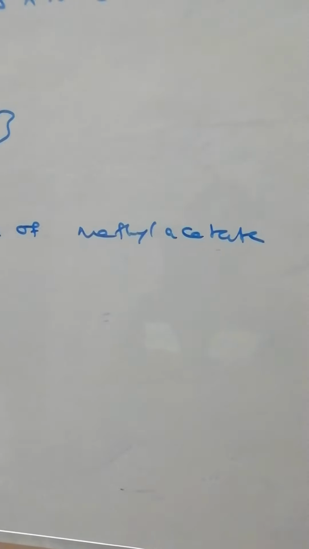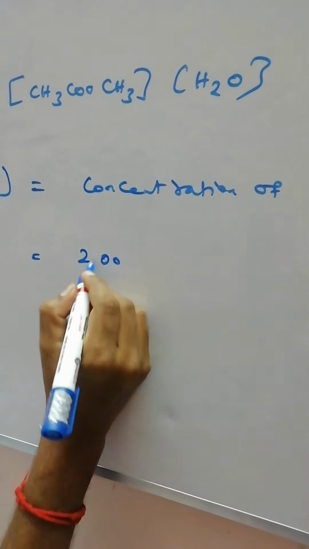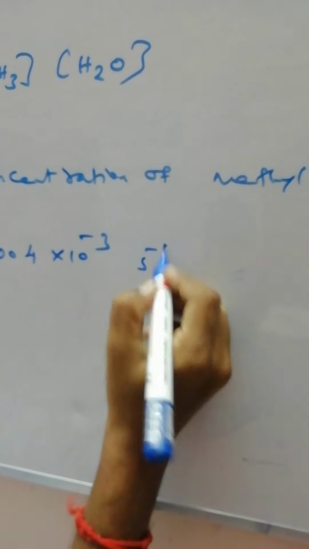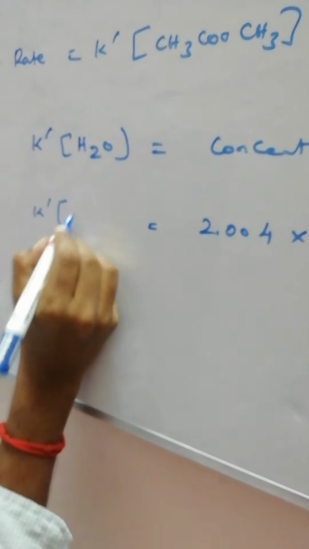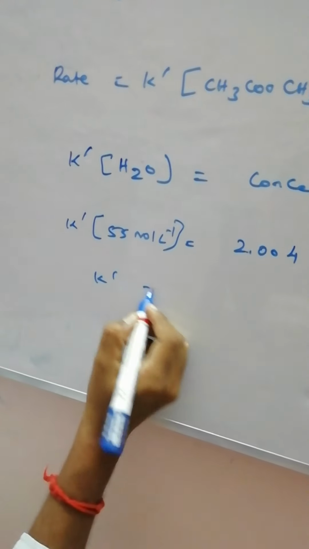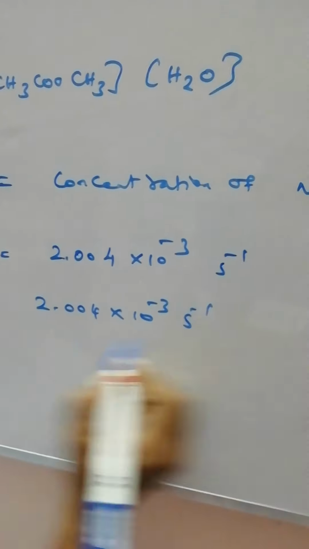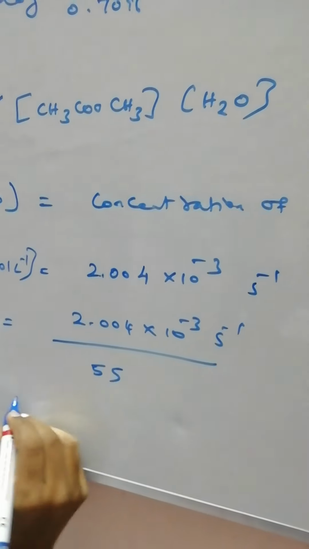What is the value obtained for the first one? 2.4 into 10 to the power minus 3 second inverse. So K prime is equal to this value in second inverse divided by 55, and the answer is